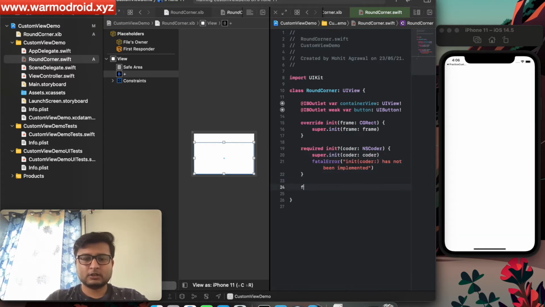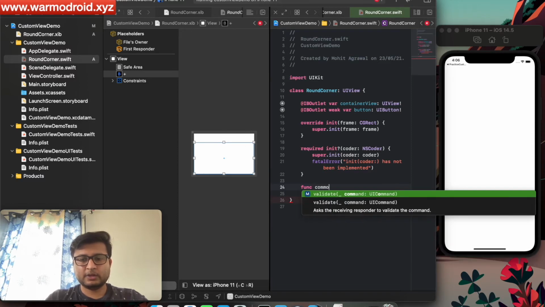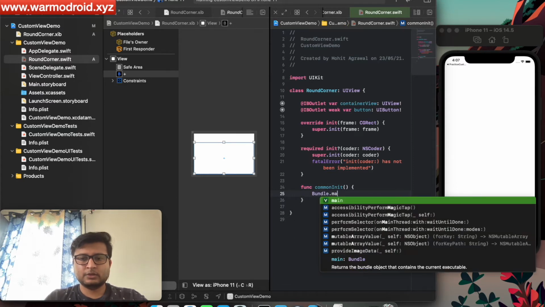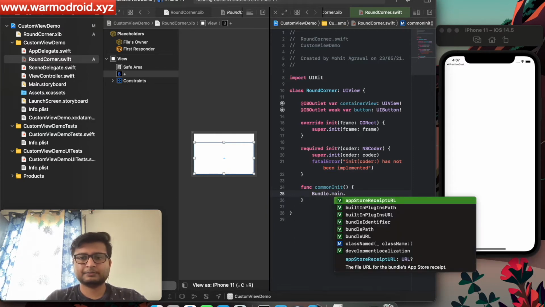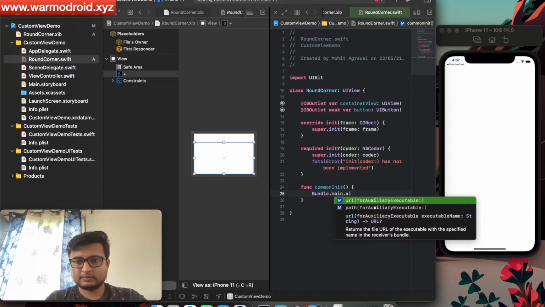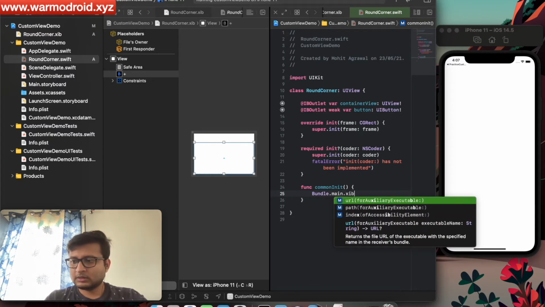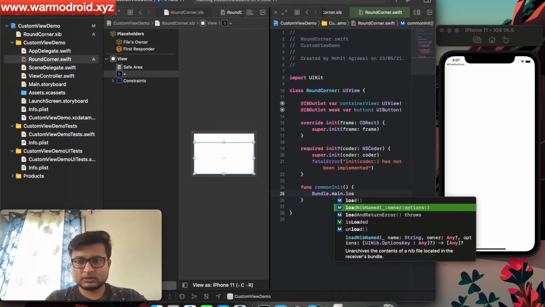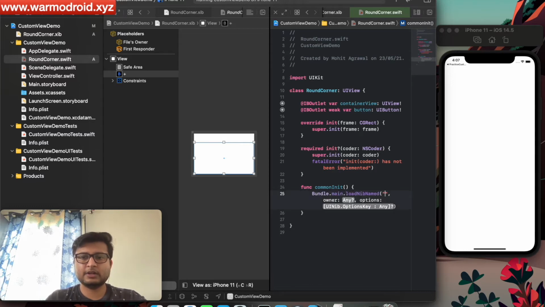Now let's create a common method for initializing the UIView, and I am going to give it the name commonInit. First we need to invoke the nib file. For that we can use Bundle.main.loadNibNamed, and here we need to give the name of our XIB, which is round corner.